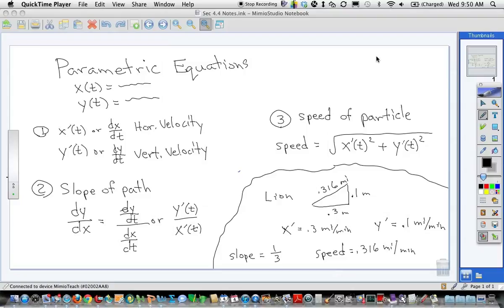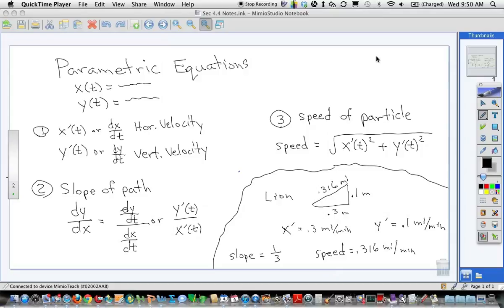How much its x position is changing. Its horizontal position. And y prime would be the rate of change of y with respect to t. And that would be the rate that its vertical position is changing, the rate that y is changing. And that's called its vertical velocity. So critically important that you understand that. Probably more than all this stuff when it comes to applications of parametric equations and how derivatives, the calculus aspect of it,